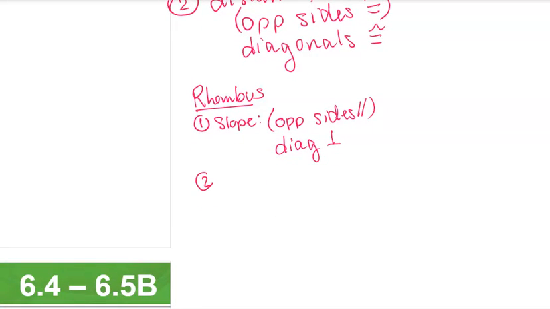Or, if I want to use distance, I need to prove the opposite sides are congruent. Well, I know opposite sides are congruent, so with distance, all I'm proving is that all sides are congruent. And that's it. If I want to prove this is a square,